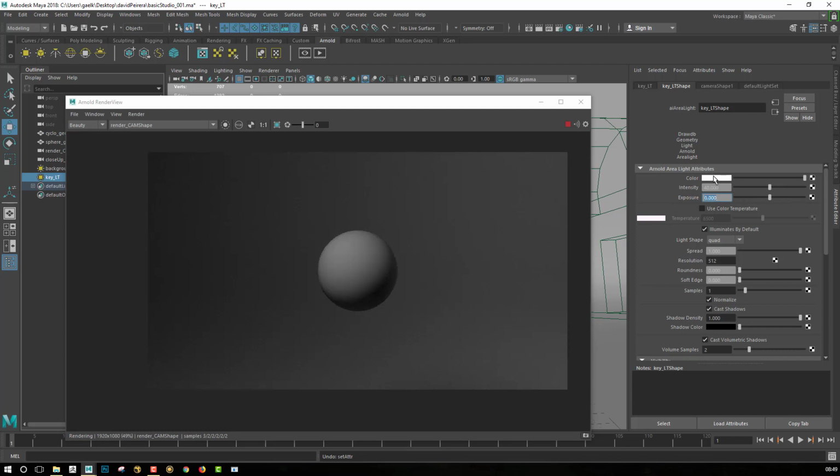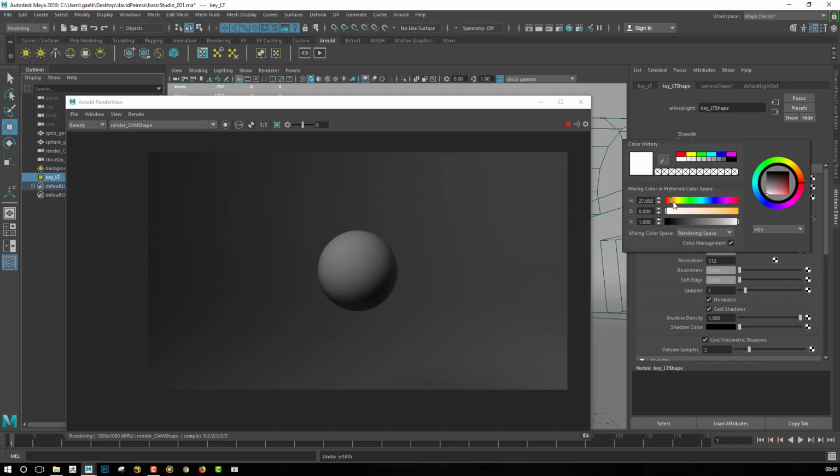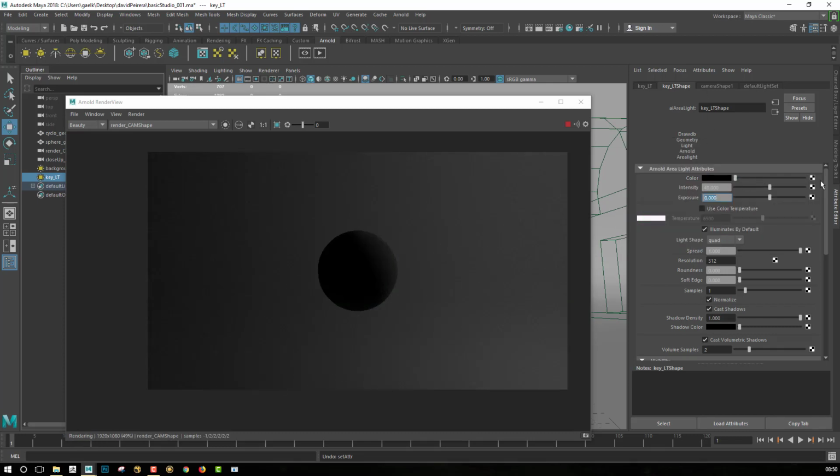So if we want to add a color, we will be able to play with the color. So just like I told you before, this is a way to apply like a filter to your light. So if you're looking for something that will be maybe greenish or that will be pinkish, you will be able to play directly with the light color. But if you want to have something that will be more photographic, we'll use the color temperature, and then we'll adjust the color temperature to get the effect that we want.